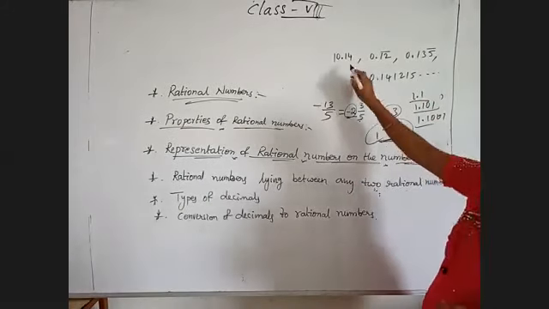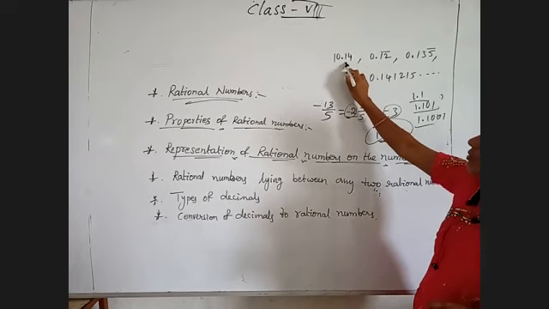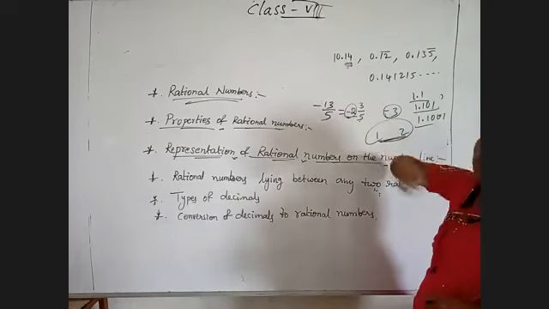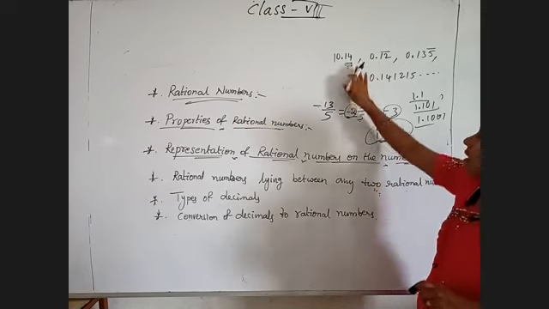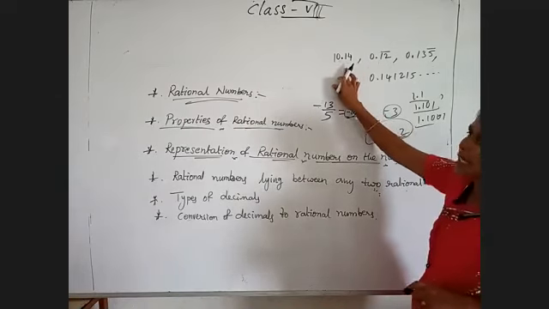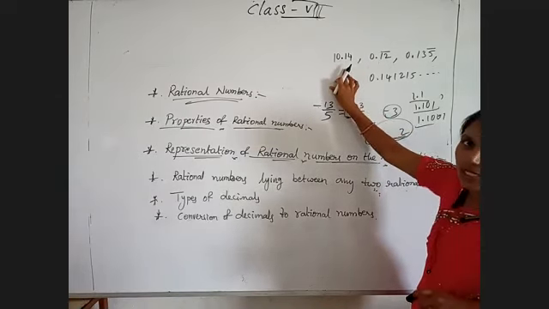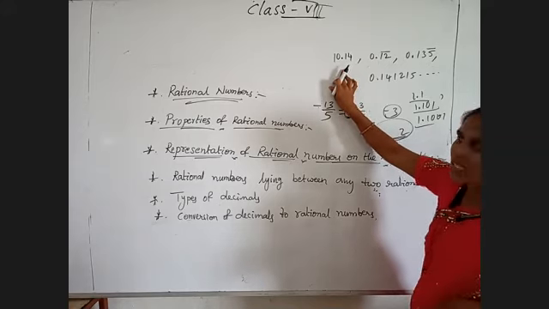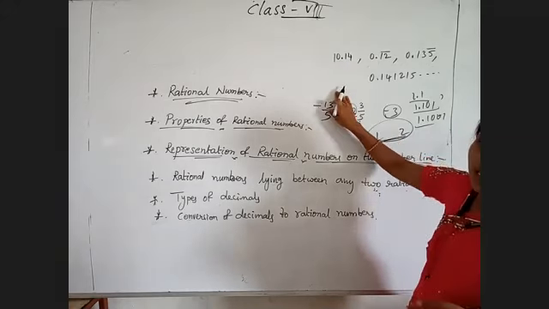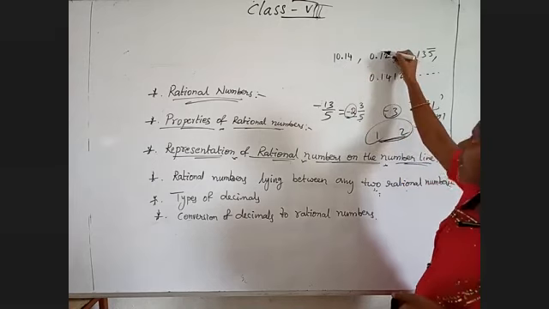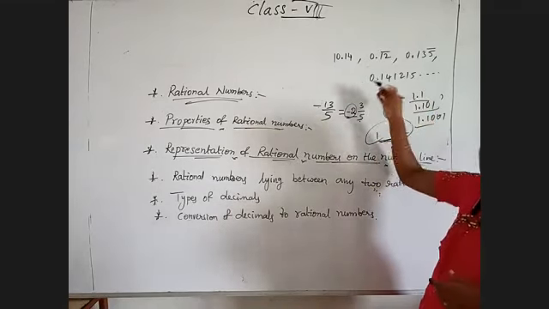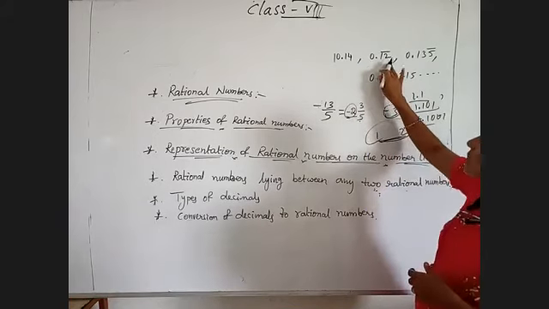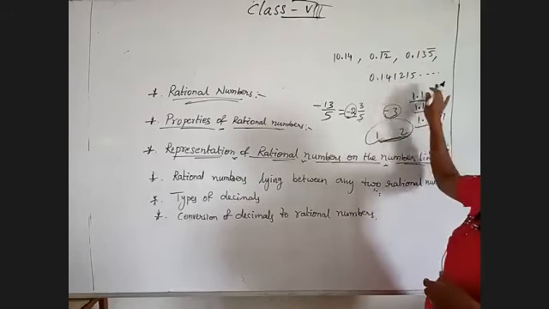Here, after the decimal point, if we are able to count the number of decimal digits, those are said to be terminating decimals. A decimal number consisting of a finite number of decimal digits is known as a terminating decimal. Which is ending, that is a terminating decimal. And the bar indicates that the value is repeating again and again, meaning there is no end. Such decimals are said to be non-terminating decimals.